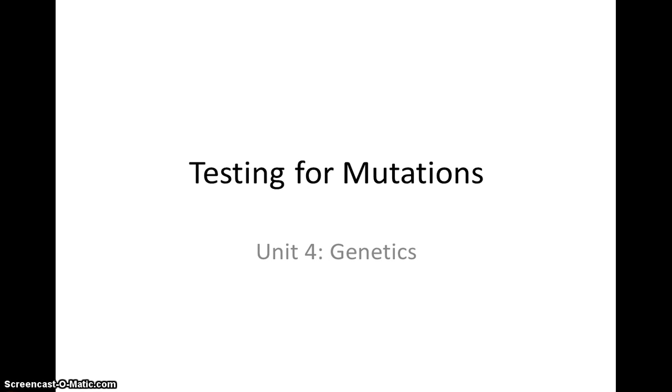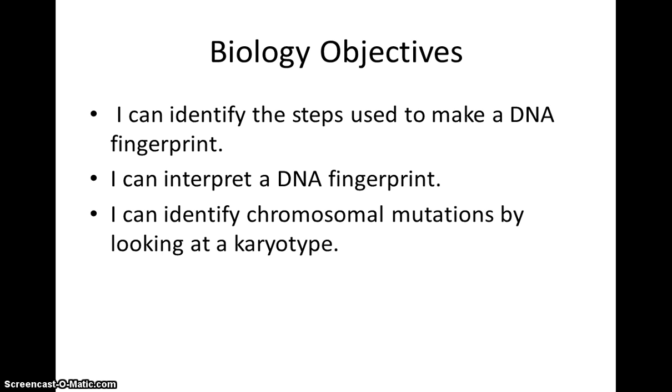Today we're going to be learning about how scientists test for mutations. Our lesson today has three objectives. The first is to identify the steps that are used to make a DNA fingerprint, and we'll see what that is, to interpret the aforementioned DNA fingerprint, and to identify chromosomal mutations, which we've already learned, by looking at a